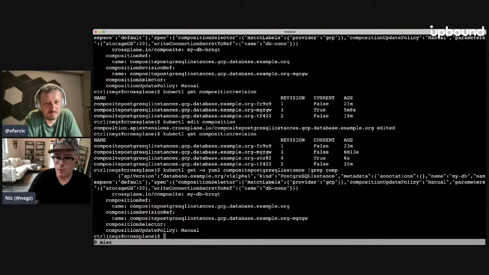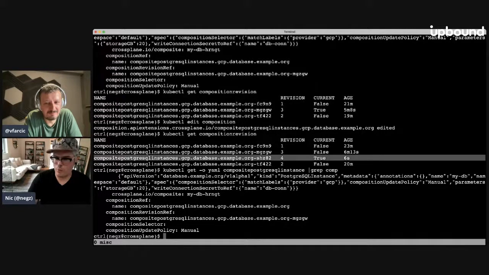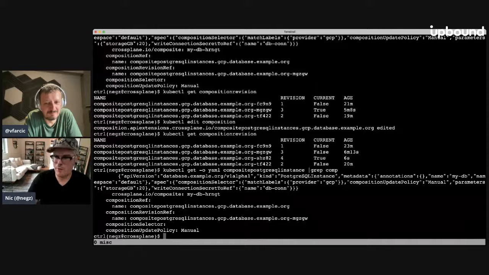And effectively, the way you would tell it to is really just as simple as editing a resource. You would say, okay, look at the composition revisions, and I see that there's this fourth one that's current, and I'm going to take that, and I'm going to just